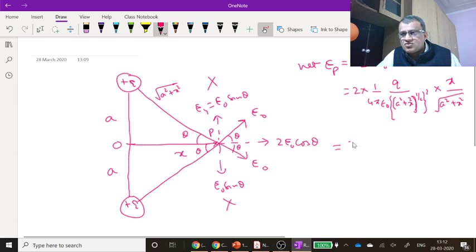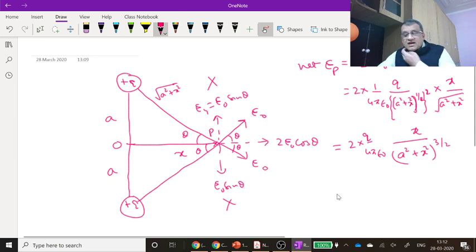Now if you sort it out little bit, 1 upon 4 pi epsilon naught, this Q also I am putting it here. This is X upon A square plus X square. This was under root whole square, and this is 1 by 2. So this whole thing is 3 by 2. So you have X in the numerator and you have X in the denominator also. You have to tell me where is